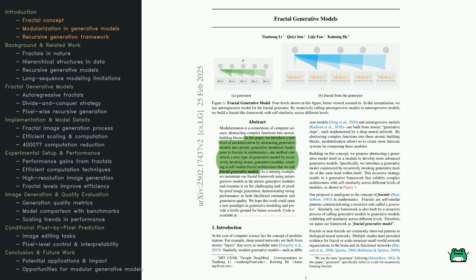Look at the figure here. On the left, you'll see a single generator that splits into multiple sub-generators, which then split further. On the right, you'll see the result of this recursive process, a fractal structure where each piece resembles the entire whole. This approach could be especially helpful for pixel-by-pixel image generation, where we need to capture fine details and global coherence at the same time. This introduction sets up everything we'll explore: how fractal generative models work, and why they might be so effective in